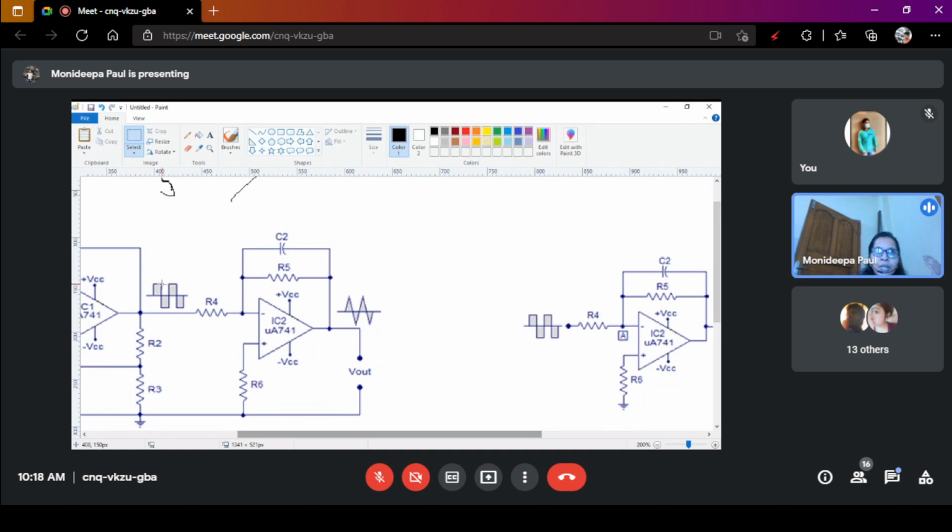So between the positive peak and the negative peak, in case of a square wave, we get nothing. But in case of a triangular wave, between the positive peak and the negative peak, we get different values at different times. But here, we get either the positive peak or the negative peak. So here there are two conditions: one is the positive peak condition, another is the negative peak condition, and the third one is the initial startup time.